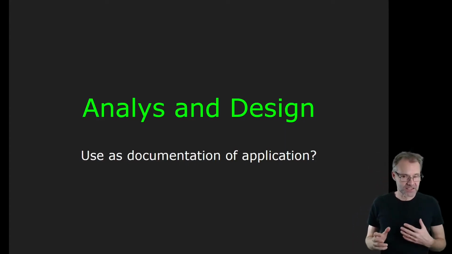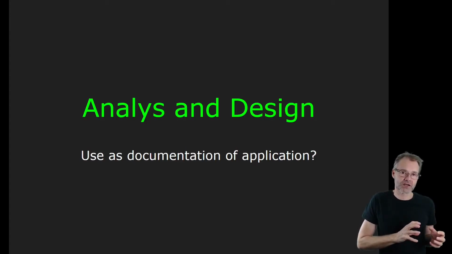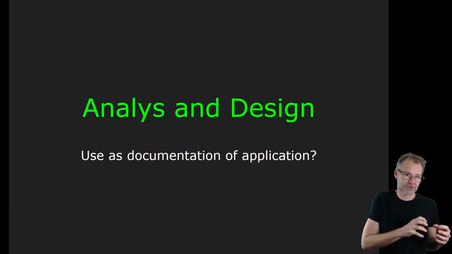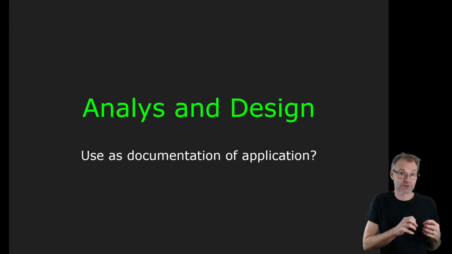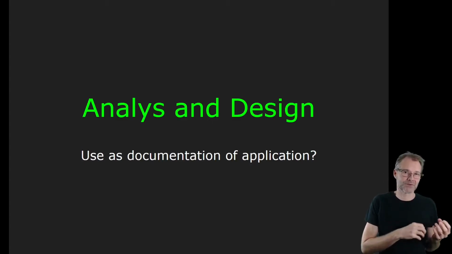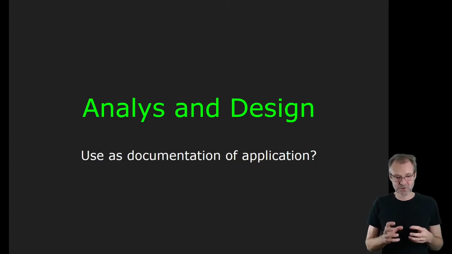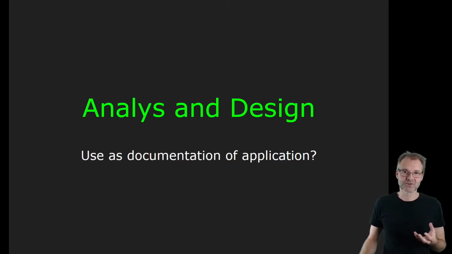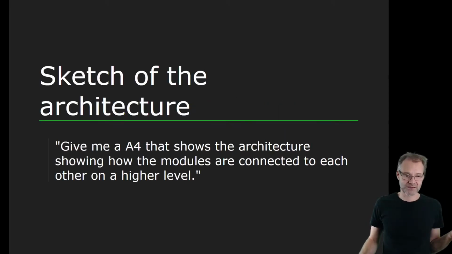What about the analysis and design documents? Well, we usually do this prior as some kind of artifact before we actually do our code. So they're good starters to get going and knowing what we're supposed to develop. But when we actually start developing and writing our code, we in general don't go back and update our design documents. But still, it would be nice to have these as documentation for our application. But how should we do that without the extra effort of going back and updating them?